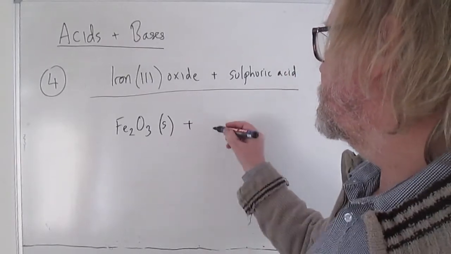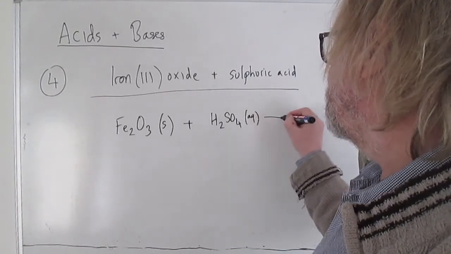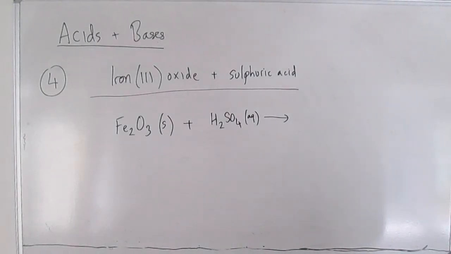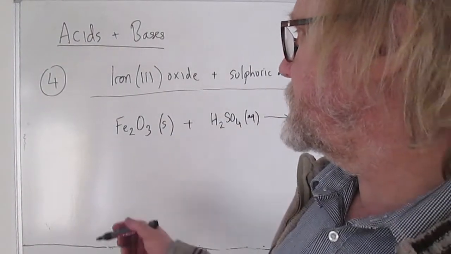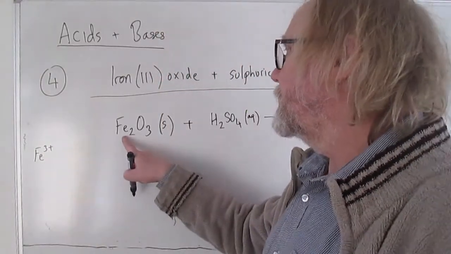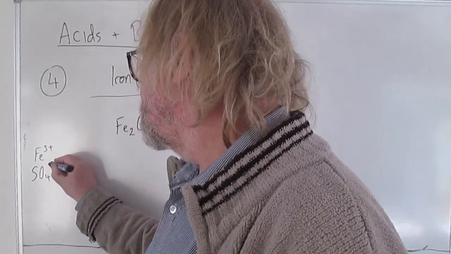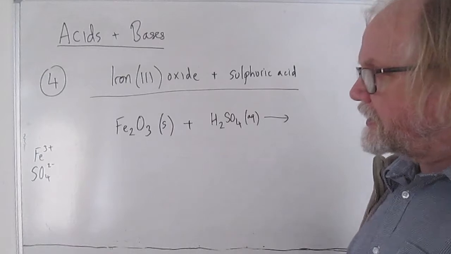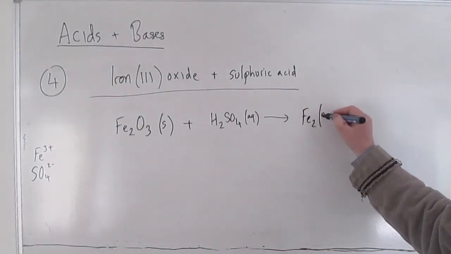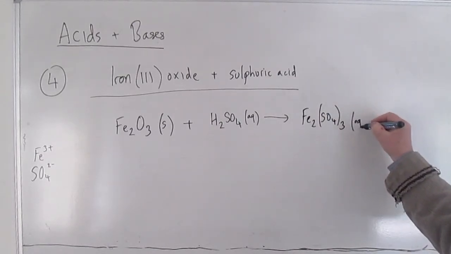Sulfuric acid is H2SO4, and that's aqueous, and it's going to give you a salt, which will be iron 3 sulfate. So again, if you're not sure about the formulae, just think about the charges on the ions. You've got Fe3+ is the iron, and sulfate is SO4 2-. So don't just guess, just write the ions down and think, oh yeah, to balance those up, I need 2 lots of Fe3+ and 3 lots of sulfate. So you get Fe2(SO4)3 aqueous